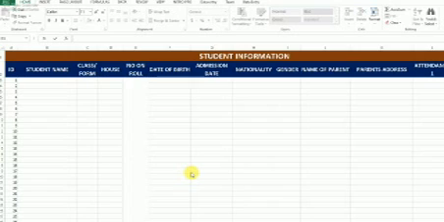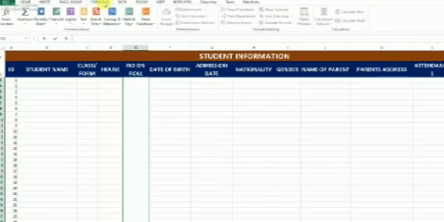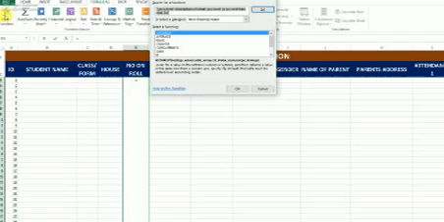We are going to use count all. So I'll go to my formula bar, click on formula, and then click on insert. When you click on insert, we have count.